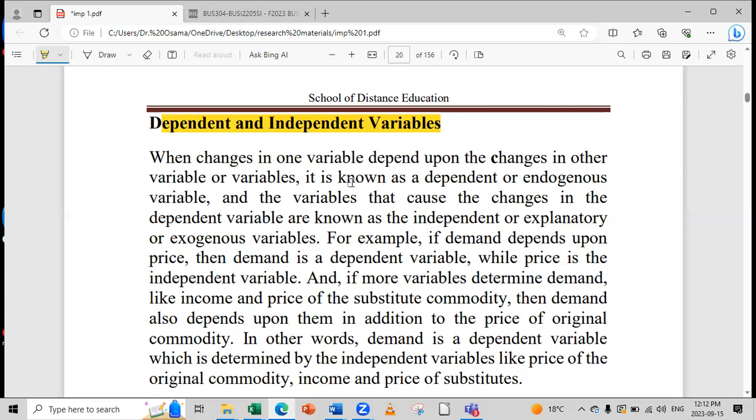Any research includes a dependent and an independent variable. In the example I gave just now, the dependent is the headache, because what affects the headache? Those reasons are independent; they are the ones that cause the headache. You guys got me? It might be that I'm tired, exhausted, or went out in the sun. All these are independent because they cause the headache. The headache is dependent on them.